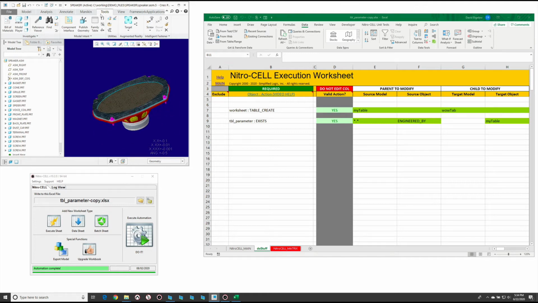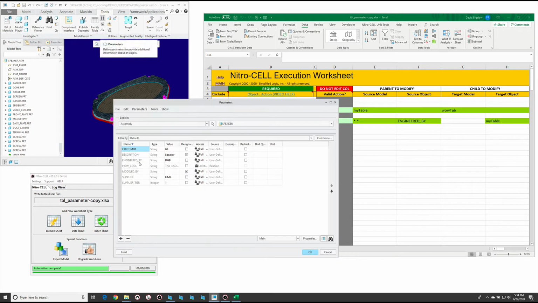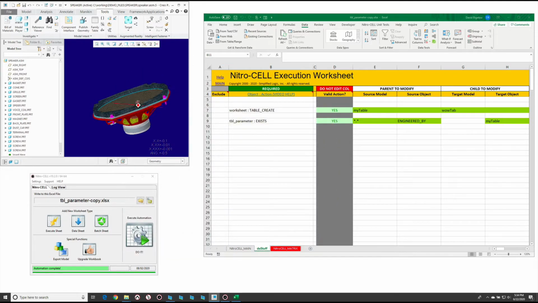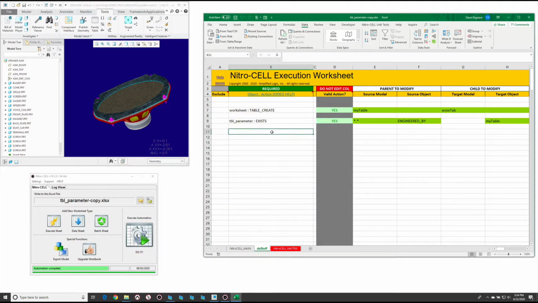Okay, so there might be situations that you bump into where you need to automate the copying of information from one variable to another or one parameter to another. For example, let's say we're upgrading these old models to use a more current name for new drawing formats or whatever the case may be. So if you come in and you say, well, I want this engineered by to become ENGR, for example, but I want to do it for any model that has engineered by in it, there's a couple of ways to